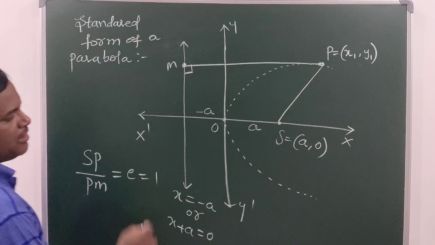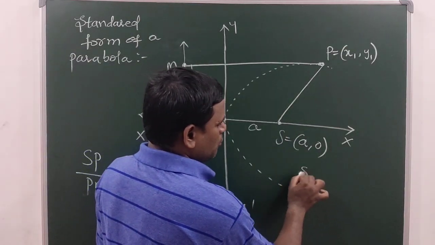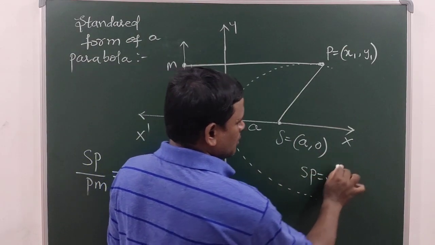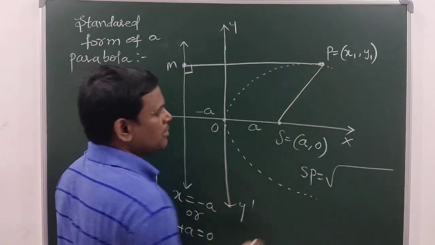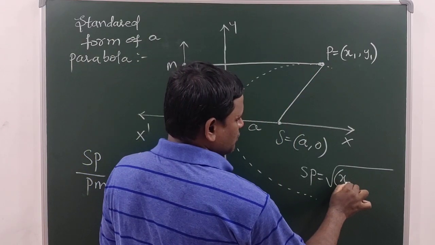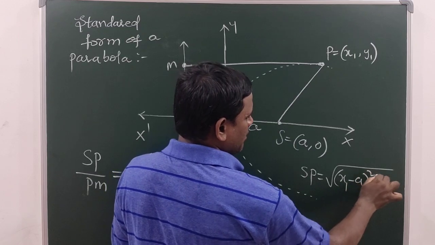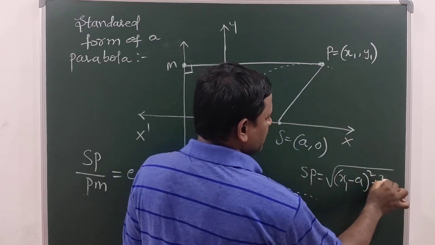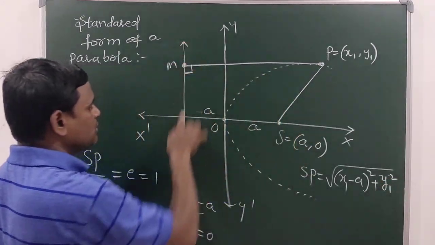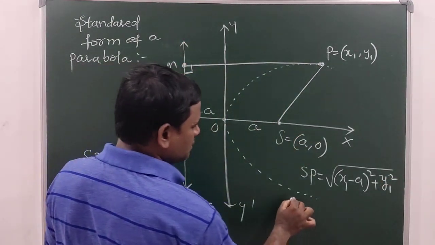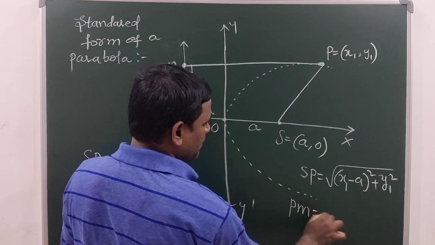So here SP is how much? It is the root of the distance from here to here, so we get the square root of (x1 - a) whole square plus y1 square. And measure the distance from P to this fixed line. How much is that? So we will get PM equal to,